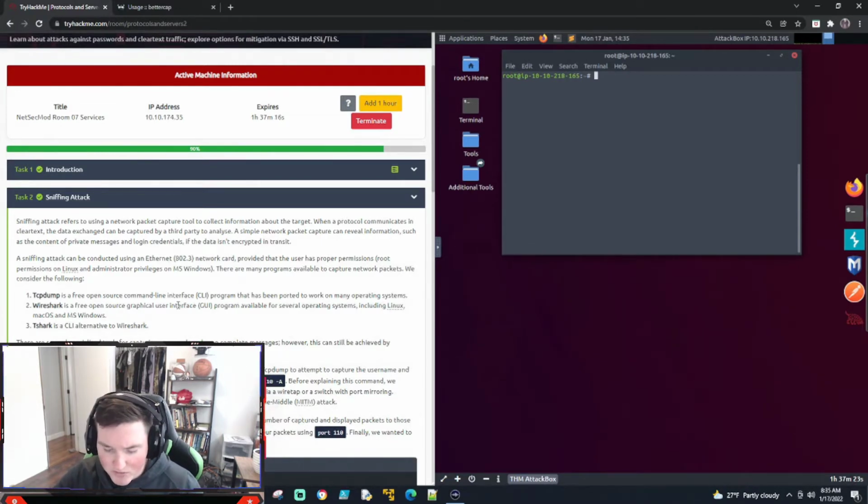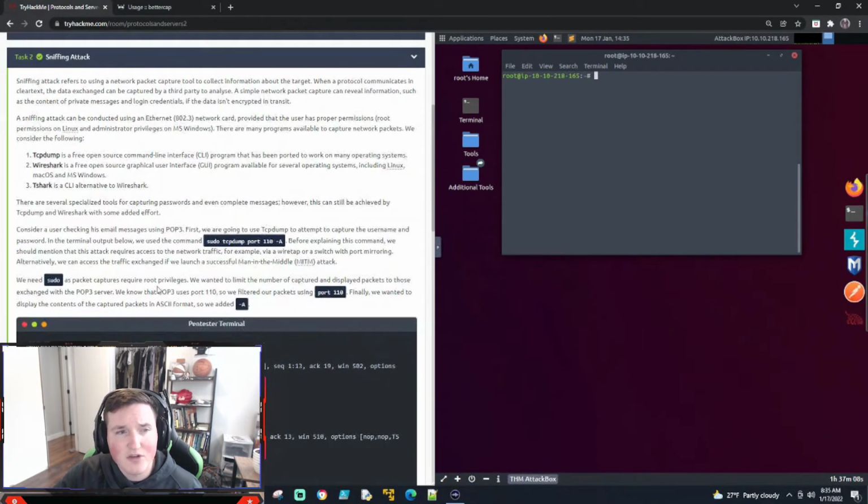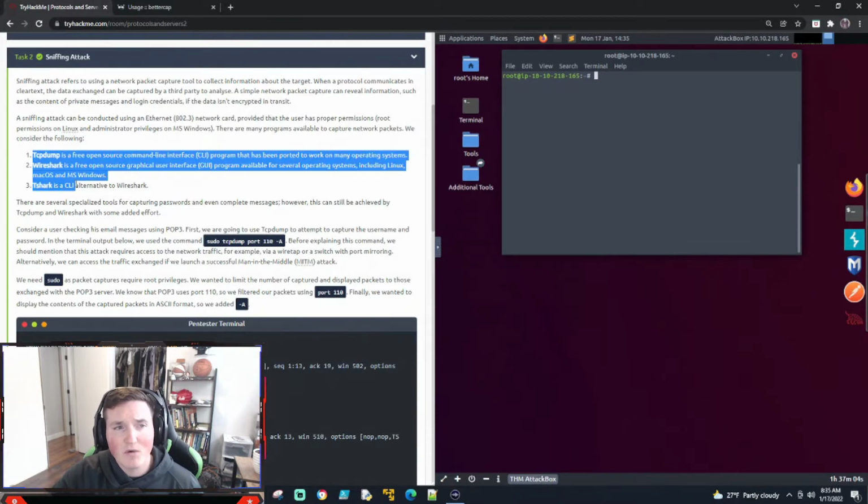When you go to McDonald's Wi-Fi or Starbucks Wi-Fi or whatever, and this isn't a diss on them, it's just any public Wi-Fi, there might be someone listening on that Wi-Fi, and that's what they're trying to do. And they're showing you here are three tools that are super easy: tcpdump, Wireshark, and TShark.